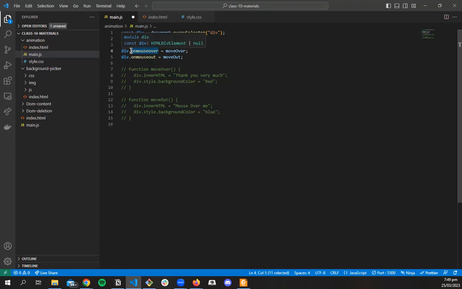And we're saying that when the mouse passes over, we want to run a function called move over. This is a function that we are defining ourselves. So we could do anything. So for example, not to make it complicated, let's say